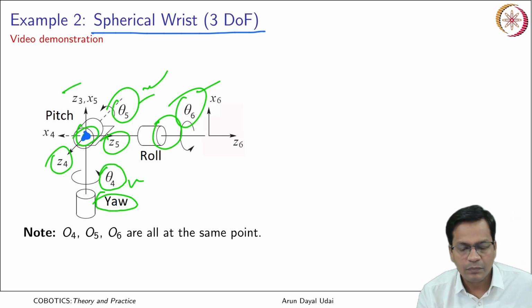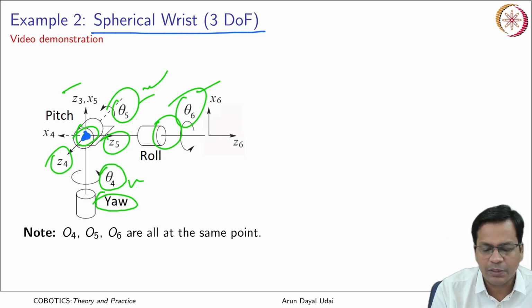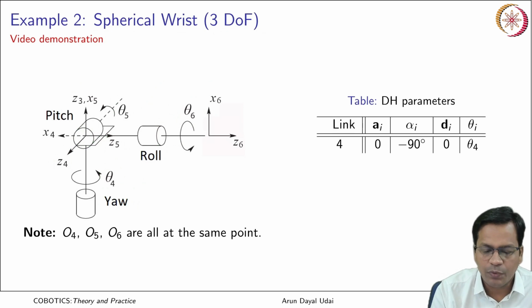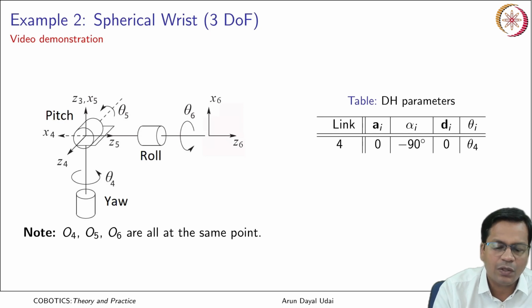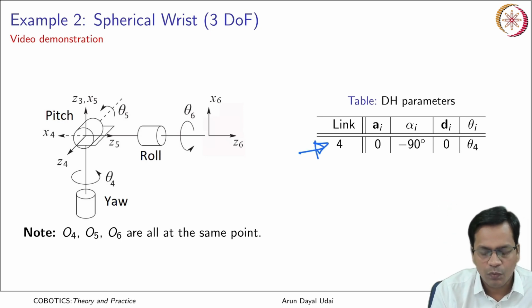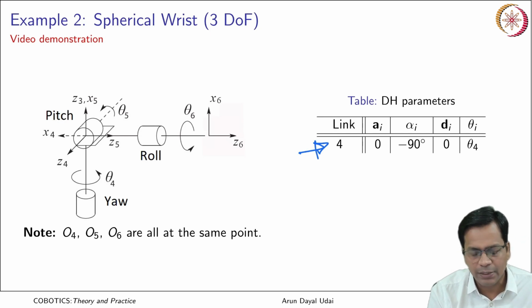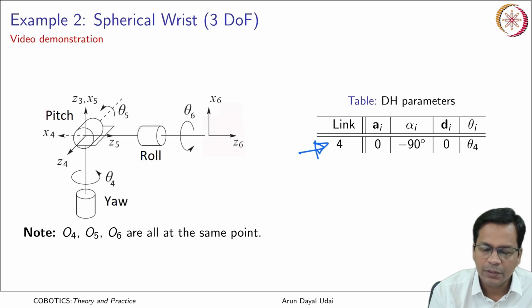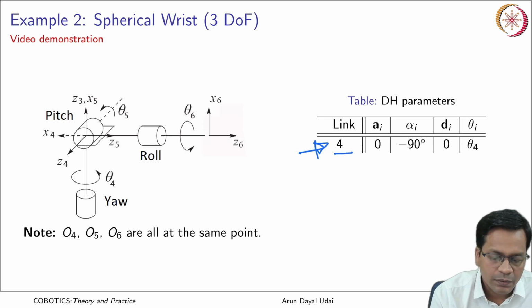Now let us do the DH parameters for this. This can be quickly found, as you have seen it here in the previous case. You have to attach this wrist on top of the previous one. That is the reason I started with 4. 1 to 3 is already over in the last example. So now this is your link 4. The fourth link comes and ends here with the final frame Z4.